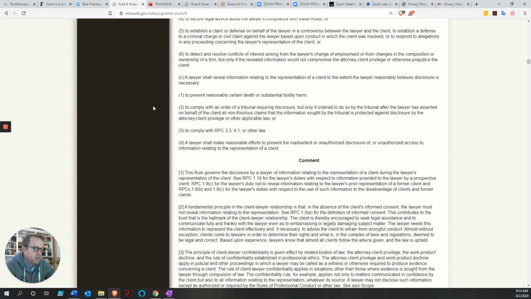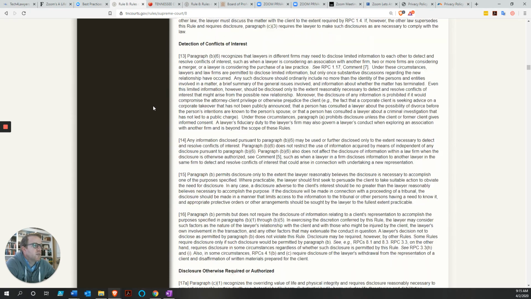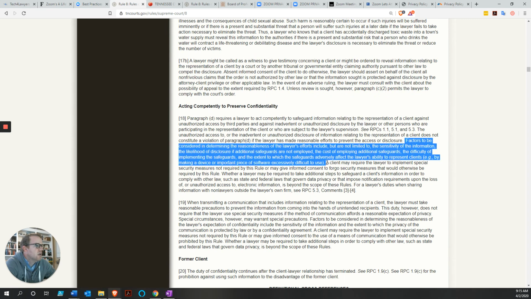But those of you who have to deal with PHI, you know that you have to protect these things a little bit more than just reasonable efforts. But in reality, for most things, especially when we're just talking to our clients, we simply have to use reasonable efforts to protect this data. And in order to determine what reasonable efforts are, in Tennessee at least, we look to comment 18 here. And specifically in comment 18, the commission has given us some factors to be considered in determining the reasonableness of a lawyer's effort.